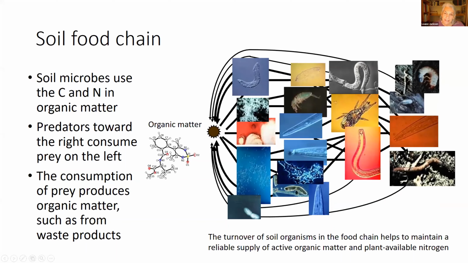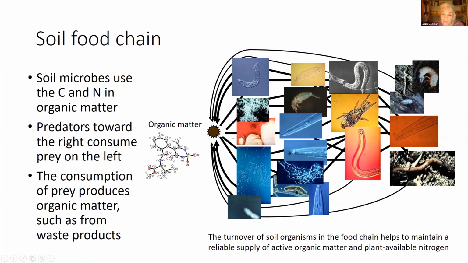Soil microbes such as bacteria and fungi can break down that organic matter, as we've heard about, to meet their own carbon and nitrogen needs. Then organisms on the right consume the organisms on the left, and this process goes up through several tiers, trophic levels. So here are organisms that consume the bacteria and fungi. We see omnivores that then consume some of these organisms, including the amoeba, different types of nematodes. And finally, on the far right, predator organisms, which actually consume the omnivores and larger creatures.